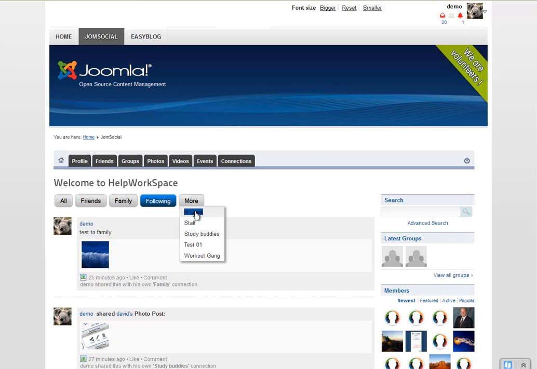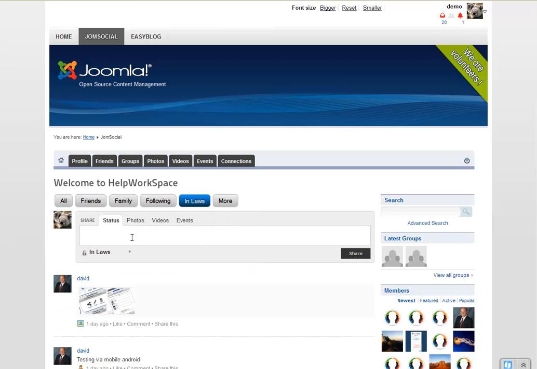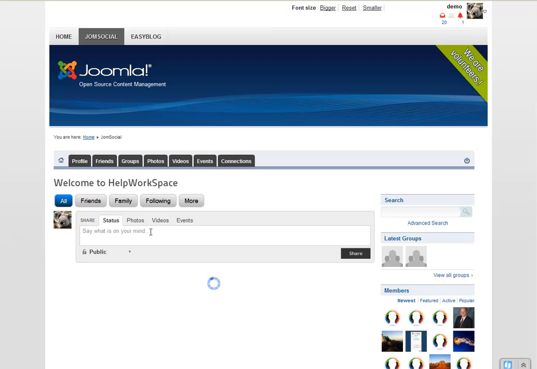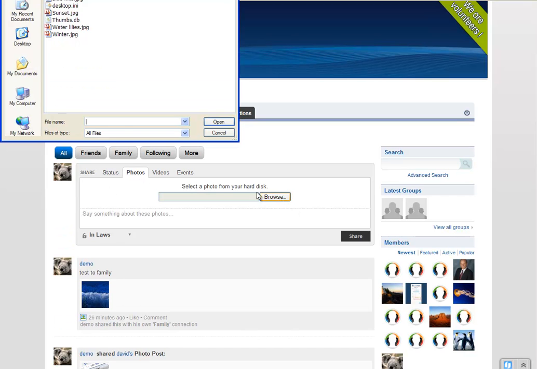If I wanted to share, let's say, a photo with my in-laws, and I only wanted to share it with my in-laws, I can click on in-laws and it defaults to the in-laws. Or if I'm in the stream, there are a couple of different ways I can do this. I can just go ahead and drop down and choose the in-laws, and if I want to share a photo with just them,